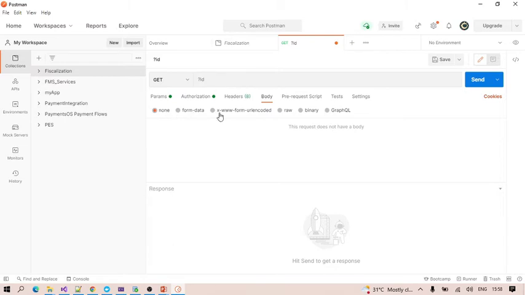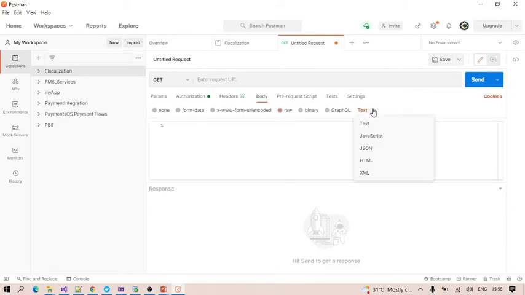Body is basically the type of body we support for the APIs. For microservices and web APIs, we use the JSON type for the body. We can select the body, and the type is raw, and inside raw we can select the JSON type. We can also select HTML or XML based on the requirement, but currently it's JSON. Then we put the body here and submit the POST request, and it gets submitted successfully.